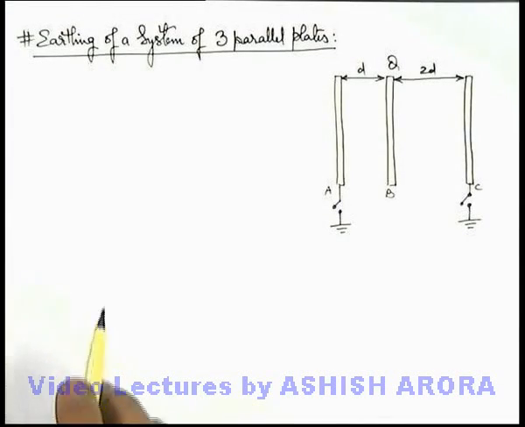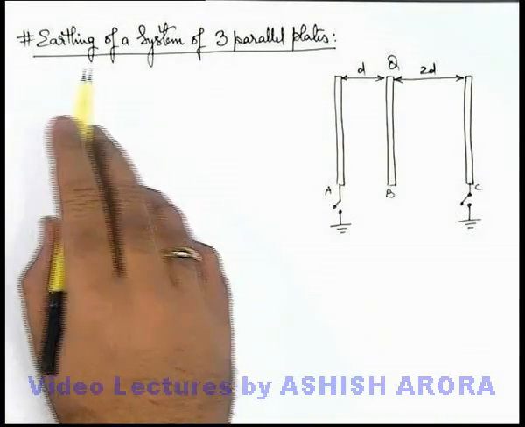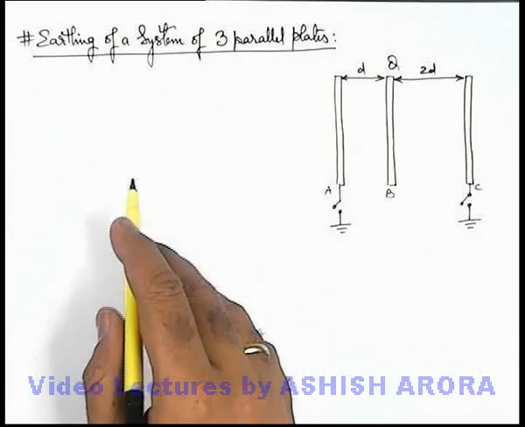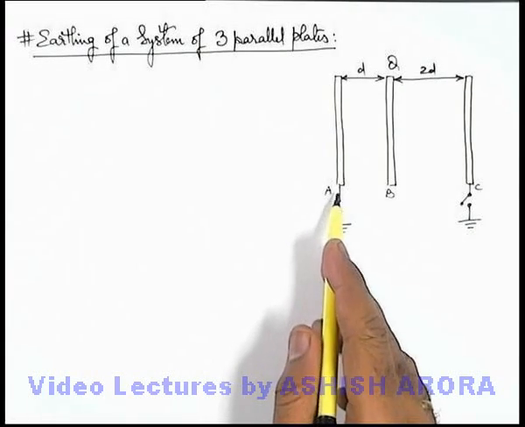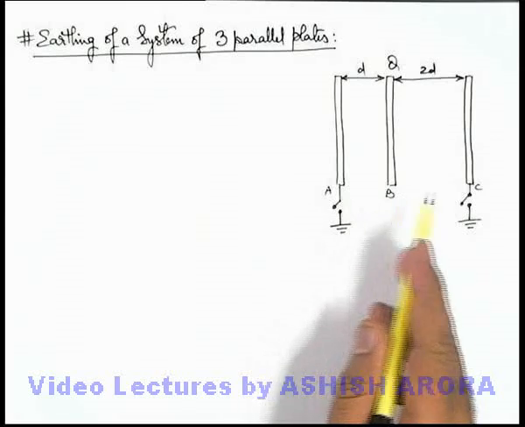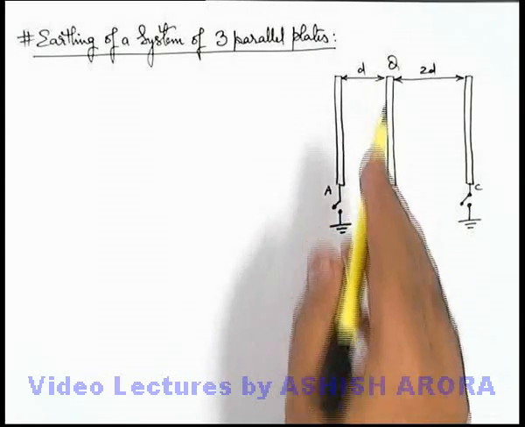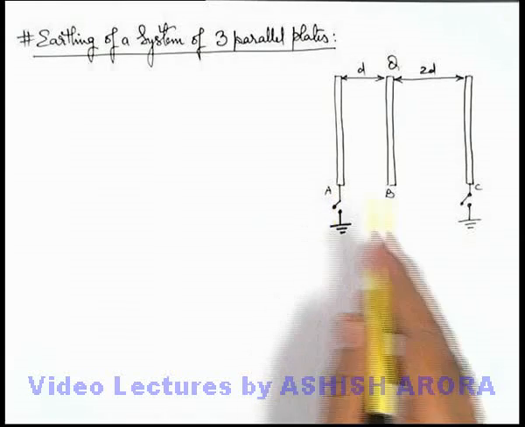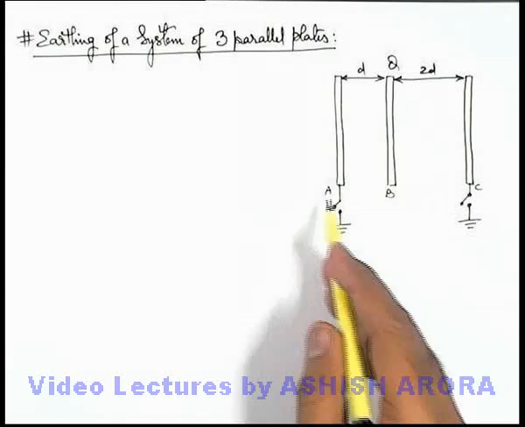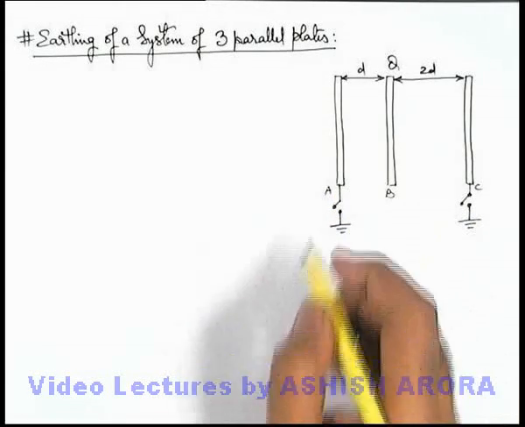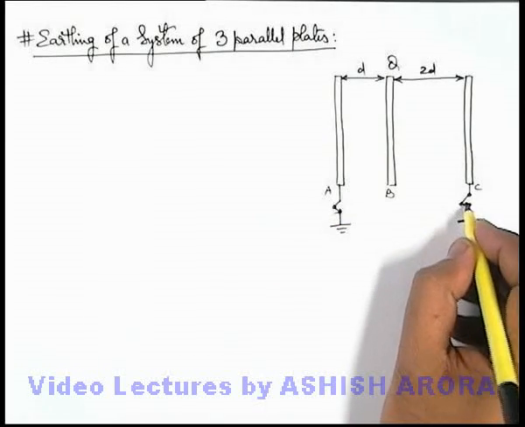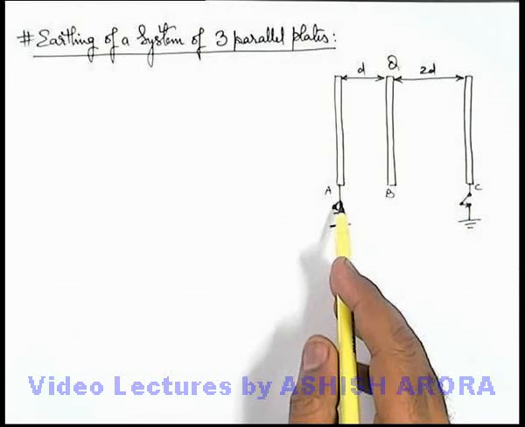Let us discuss an important situation of earthing of a system of three parallel plates. Here we can see there are three large metal plates A, B and C, out of which the plate B is given a charge Q and outer plates A and C are connected to earth via two switches. Now say if we close down the switches and we are required to find the amount of charge which has